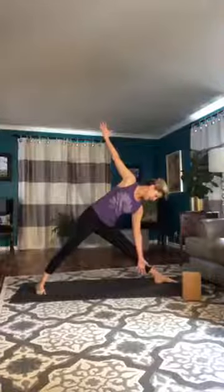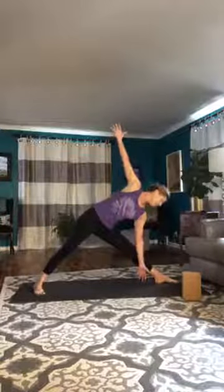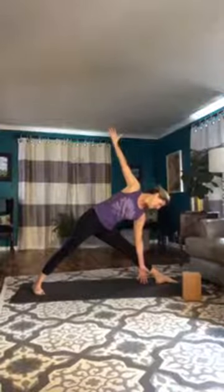So using a block or not, or press the hand into the inside of the shin, reach up through the top arm, lengthen from the tail through the crown, set your gaze somewhere, and breathe. Adjust your feet as needed, so that left heel may want to drop away a little bit more. And then when you've come to the depth of the pose for you,